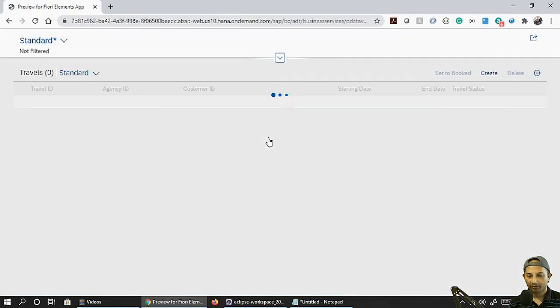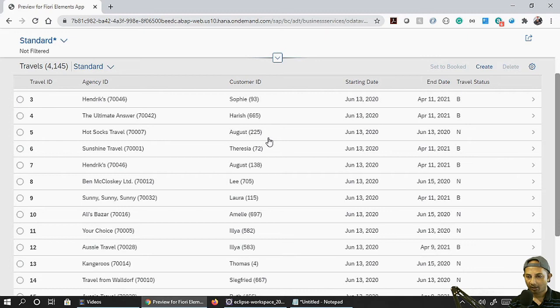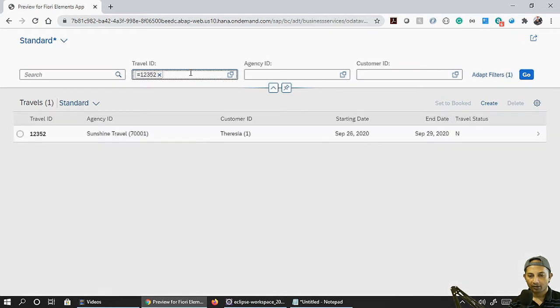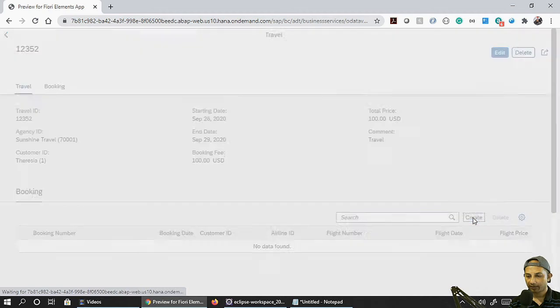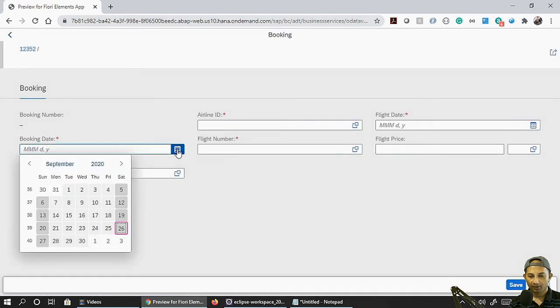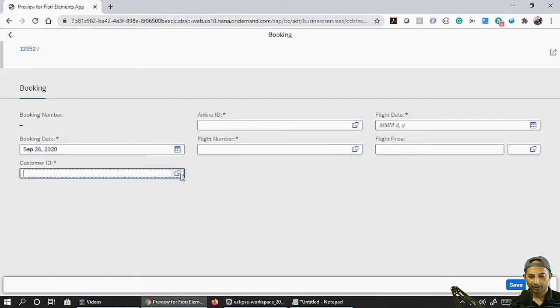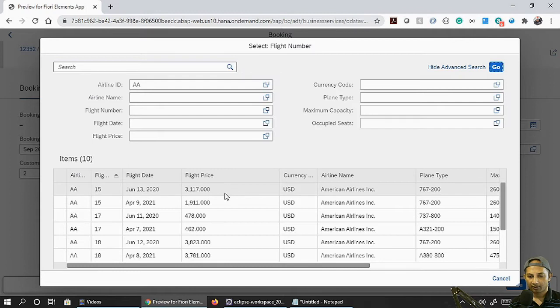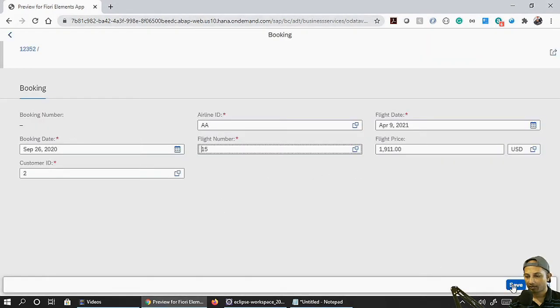It's already timed out, so better to re-login. And let's search, and you have this data. Let's create, give a date, customer number, airline id, that's all. Clicking on save.